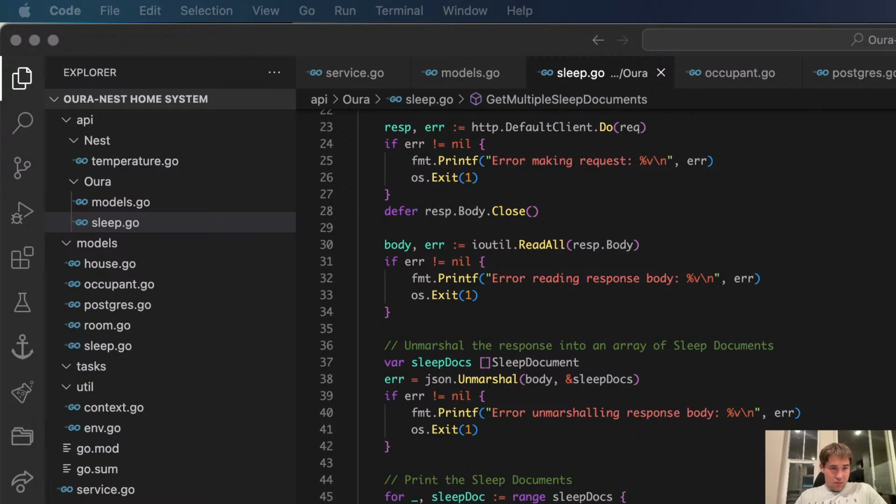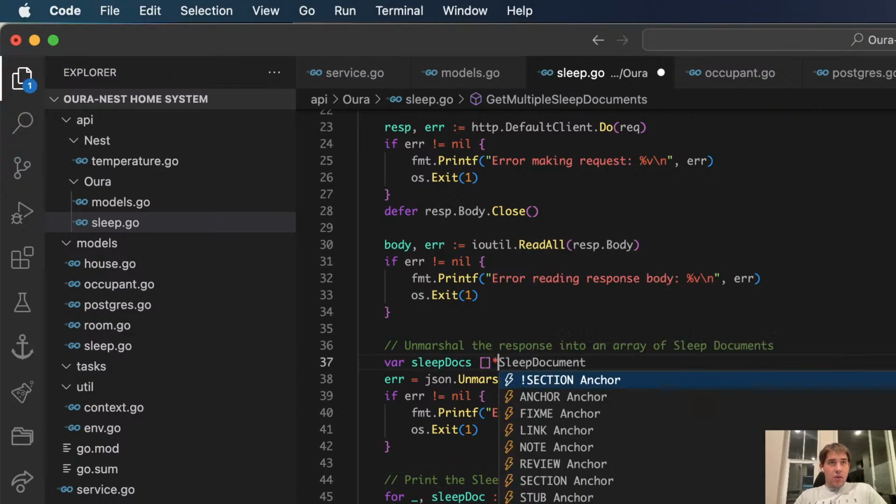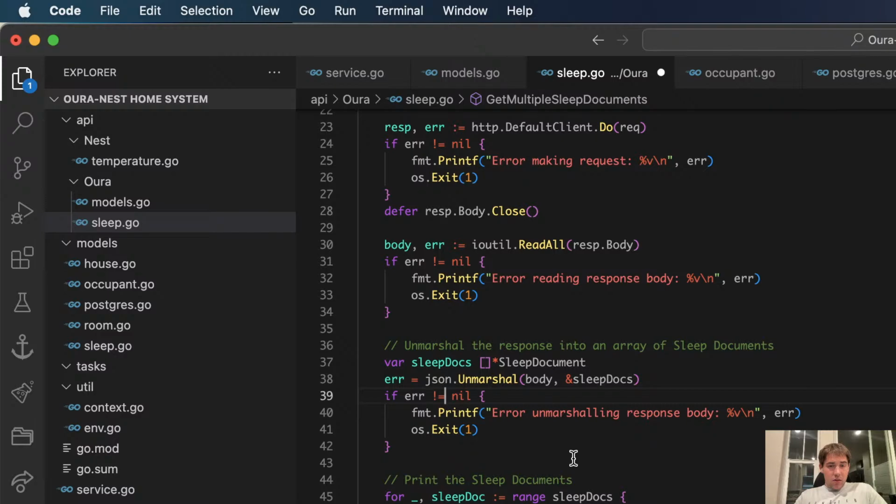Let's see. Get sleep response. We'll call it that.